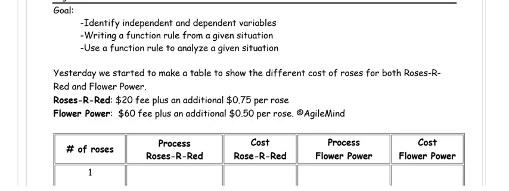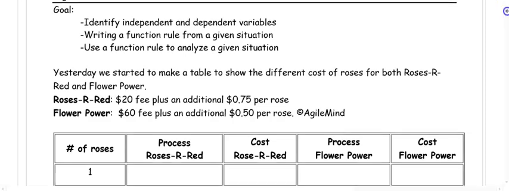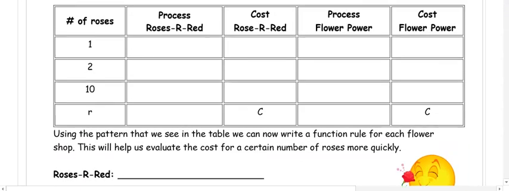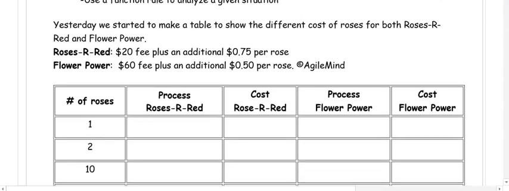So yesterday we started to make a table to show the different costs of roses from both Roses Are Red and Flower Power. So remember, at Roses Are Red, there's a $20 fee plus 75 cents per rose. At Flower Power, there is a $60 fee plus 50 cents per rose. So we are going to complete this table